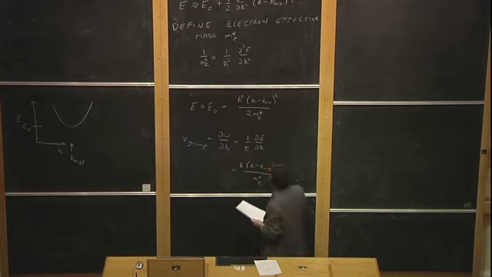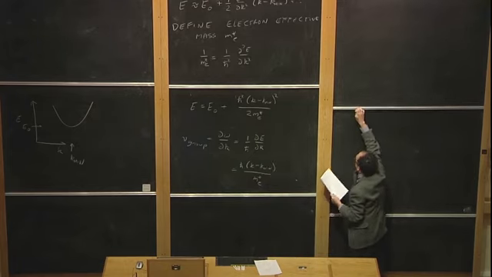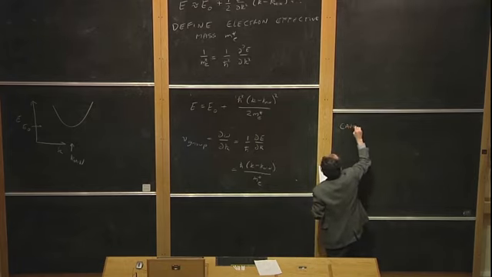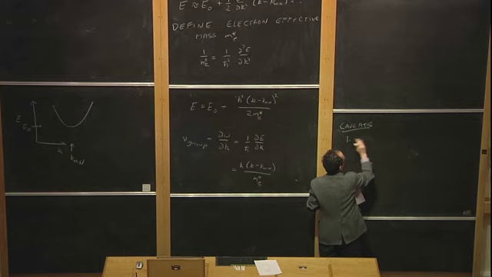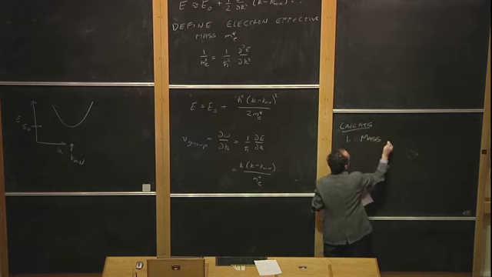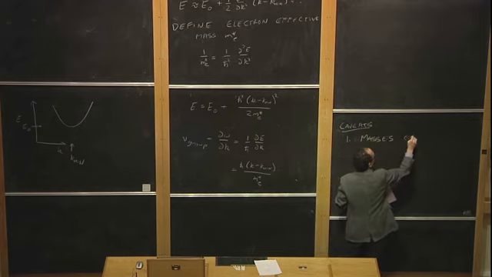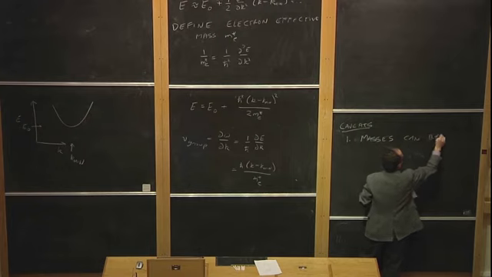Now there are a couple of caveats. Maybe I'll write them here. Caveats. One, generally effective masses may be anisotropic. Masses can be anisotropic,